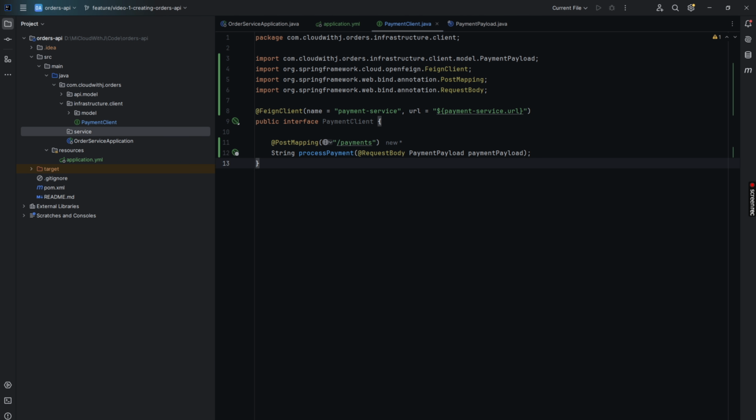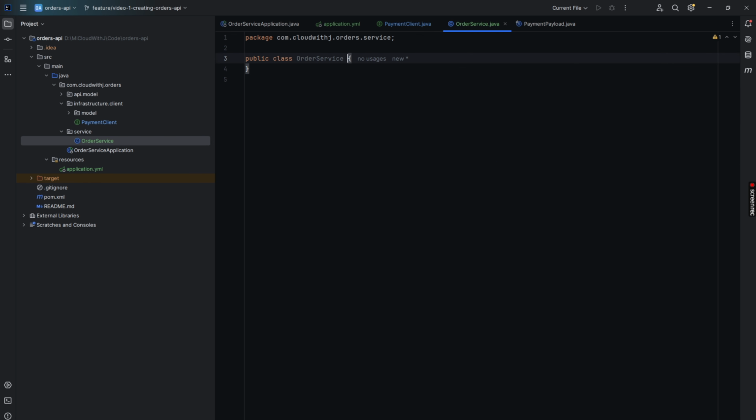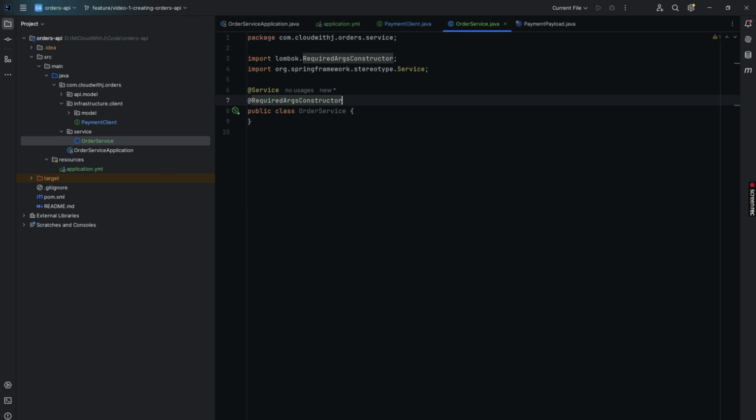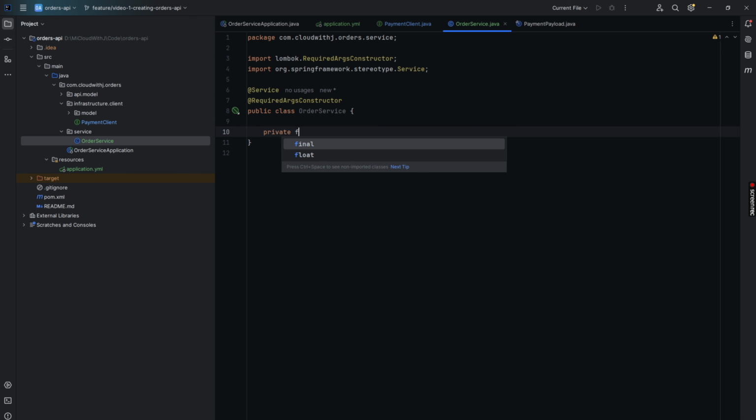Next, I'll create a service that uses my client. In this service, I'll prepare a process order method that takes an order payload object, creates a payment payload, and passes it to the Feign client.